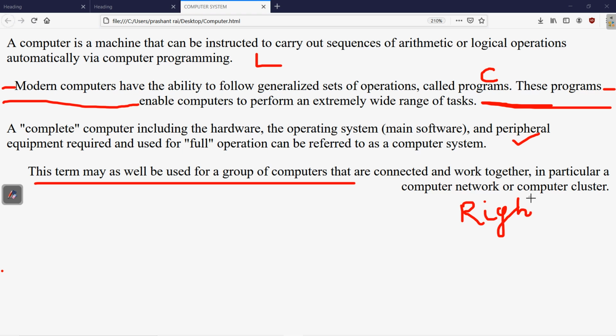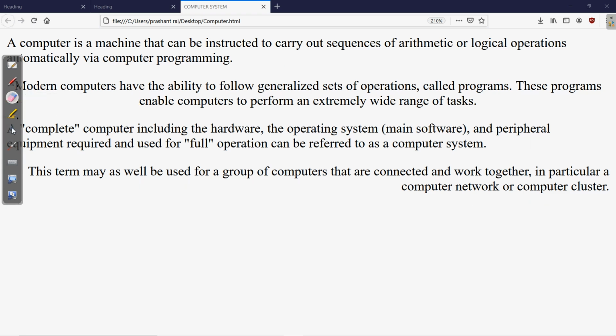Clear? This way the alignment can be chosen for the heading as well as for the paragraph. Clear? And for changing the alignment, what have we used? For changing the alignment we have used the align attribute along with the tag.